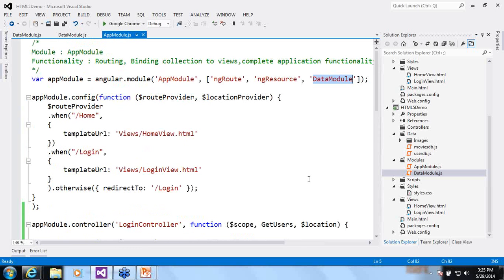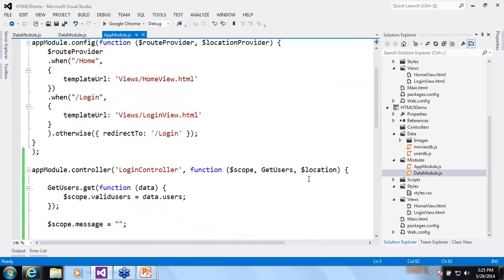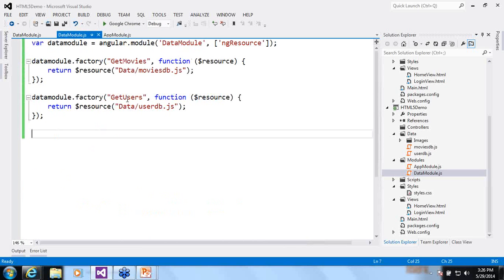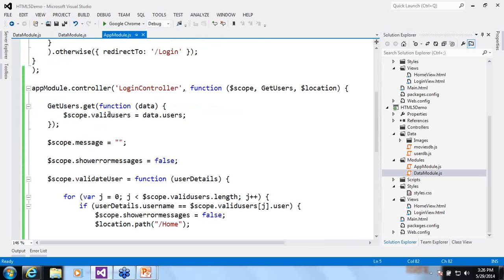So here I am telling that I need the list of valid users. The get users has a very simple syntax, gets the list of users and it is saved in the valid users variable.